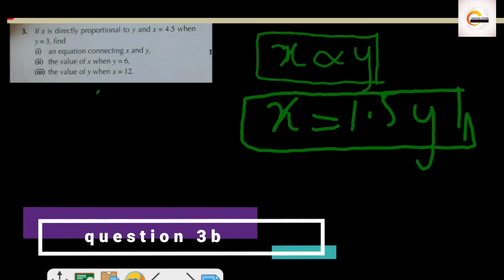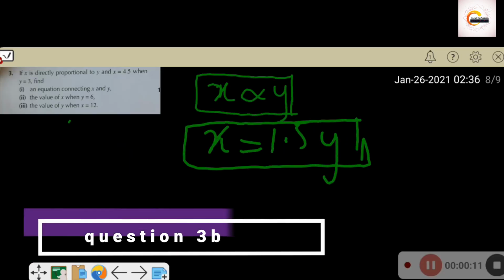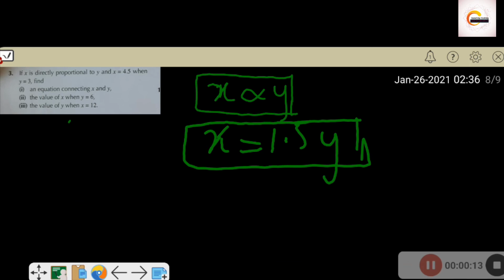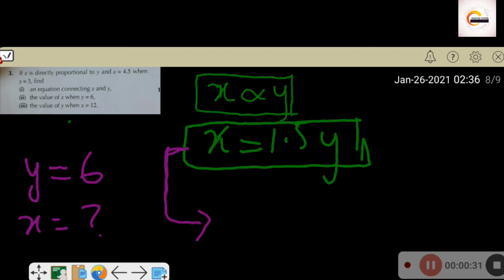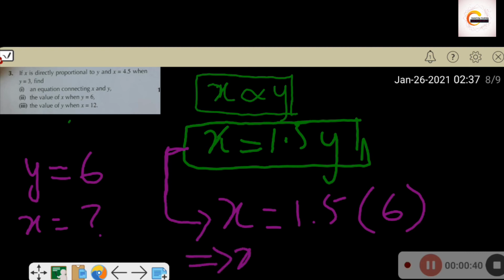If x is directly proportional to y, find the value of x when y is equal to 6. So y is equal to 6, x is equal to what? We have derived the equation from part 1, I'm going to use this. x is equal to 1.5 multiplied by 6, which means x is equal to,